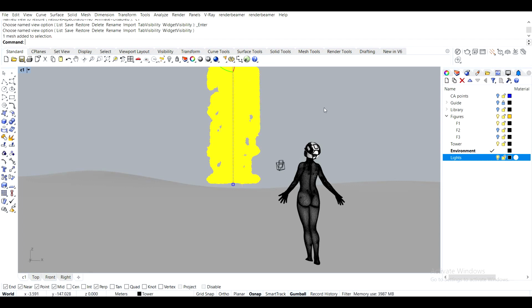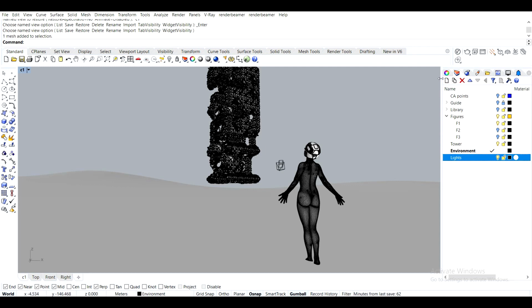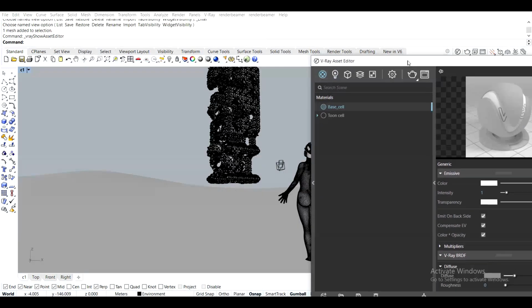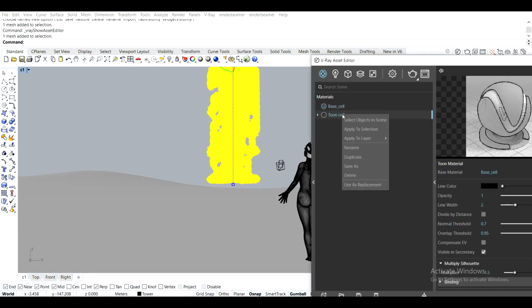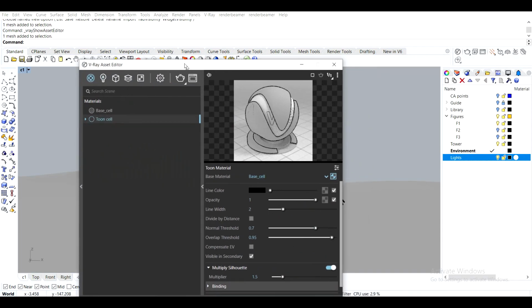So the tower in this shot is quite far away. So maybe I should start working with it on different. No, that's fine. Let's start working with it on this shot. So first thing first, I'll add the toon cell material to this,